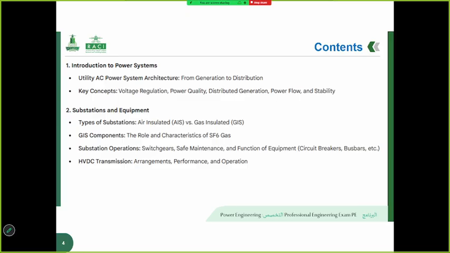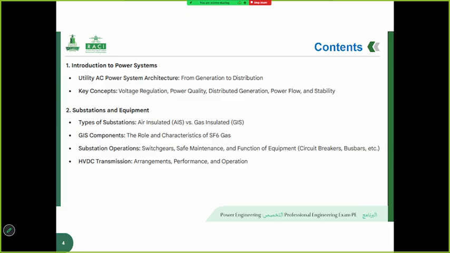We will then delve into several key concepts essential for understanding power system operations, including voltage regulation, how to maintain stable voltage levels across the grid; power quality, the characteristics of electricity that enable it to be used efficiently by equipment; distributed generation, the integration of smaller decentralized energy resources like solar panels and wind turbines; power flow, the movement of electrical power from generating source to loads; and stability, the ability of the power system to remain in a state of equilibrium